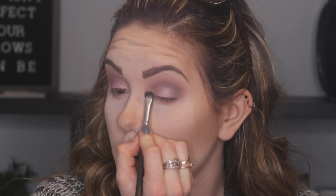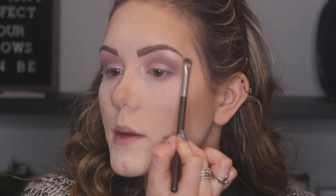Just bring it down to about halfway on my lower lash line, and I'm just gonna do it very, you know, soft. I don't want it too dark. And I'm just gonna go back into that Wife It Up here. I kind of dulled it a little bit, which isn't what I want. I'm gonna take a flat shader, and I'm gonna actually wet my brush because I want this to really pop. And I'm going to dip into You There, and I'm going to brighten up that inner corner and bring it down underneath a little bit. And with the excess on that brush, I'm going to highlight my brow bone,